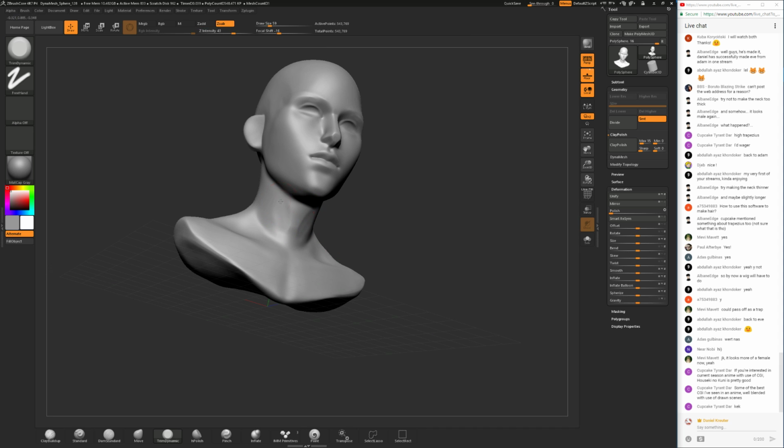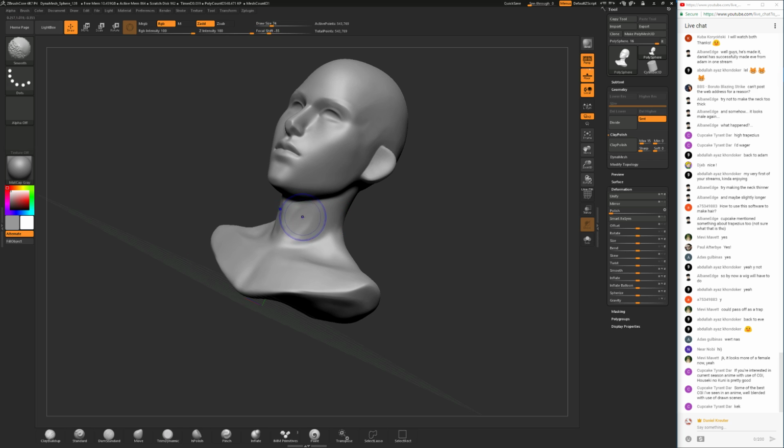Okay, let's add some final detail on the neck. What's my time looking like? 5 minutes left.